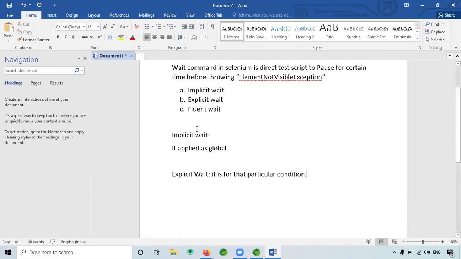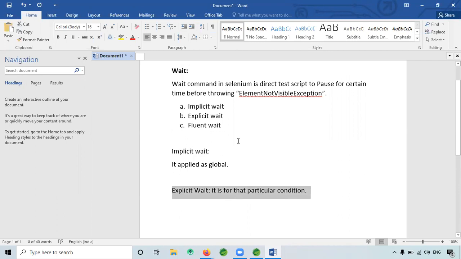Implicit wait, you can set it once and use that wait throughout the program. Wherever the condition is called, you can use that implicit wait. I will explain when I write the code. Explicit wait is for a specific or particular condition. So what do you think fluent wait is for? Maybe a mix of both. So fluent wait, what it will do is,